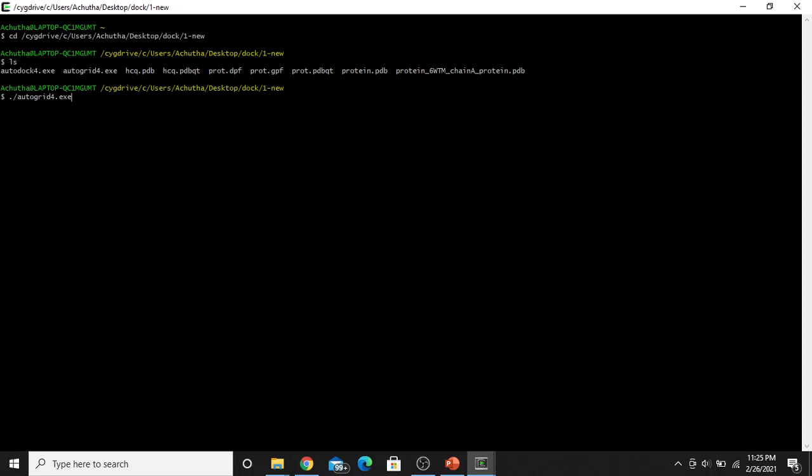Be careful while typing the spellings. Give a space, then a hyphen or minus, and then a small letter p. Give a space, and then you have to type the name of your gpf file.